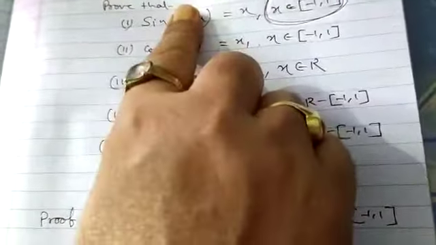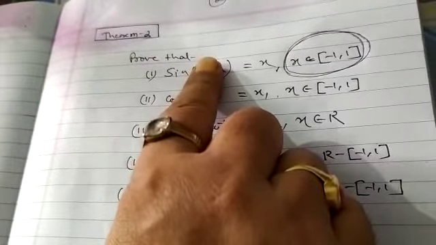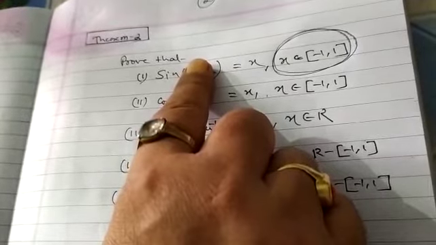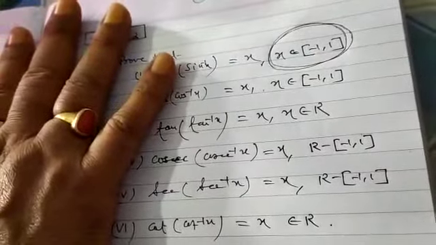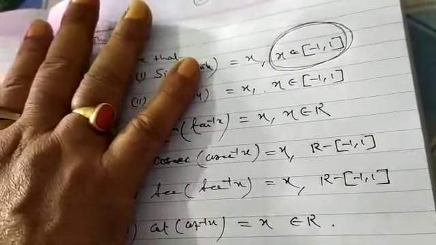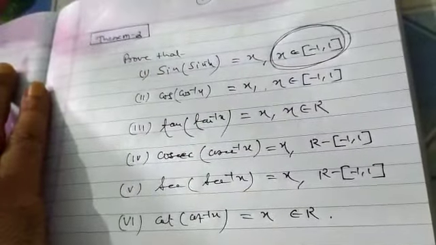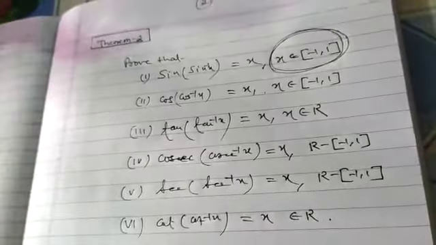First technique is you put a finger. This is the angle. Sine of angle. The value of sine of any angle lies between minus 1 to 1. Another reason: sine inverse x is possible only when x belongs to minus 1 to 1. The domain of this will be minus 1 to 1. So now the proof is very easy.